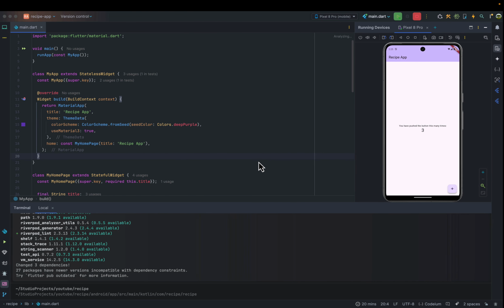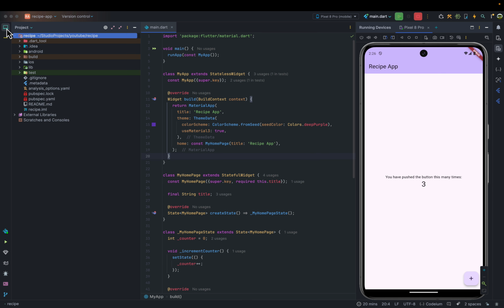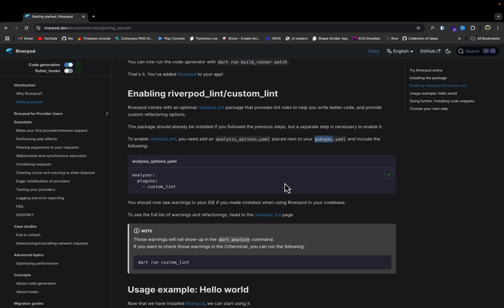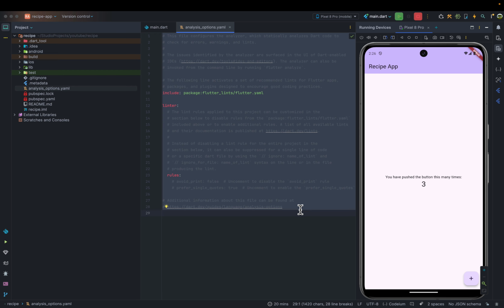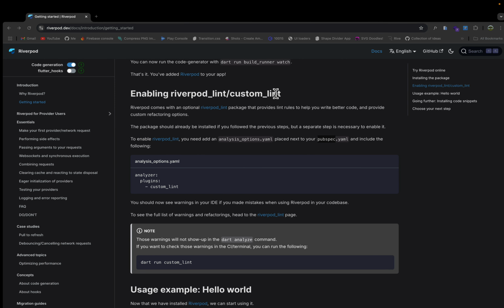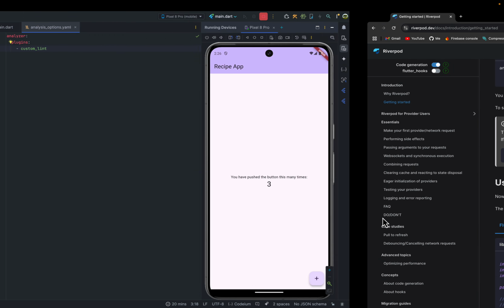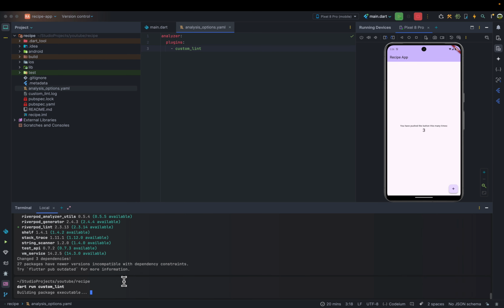So if we come back to our project and the installation is done, we can close our terminal. We need to come here and then add analysis_options.yaml, and this has already even been added for us. So what we need to do is paste this content here. So I'm going to just remove everything here and then paste this. Hopefully that should work. Now to see warnings, we can run this, so we can follow everything by copying and then running this. So I'm going to just run this in the terminal,